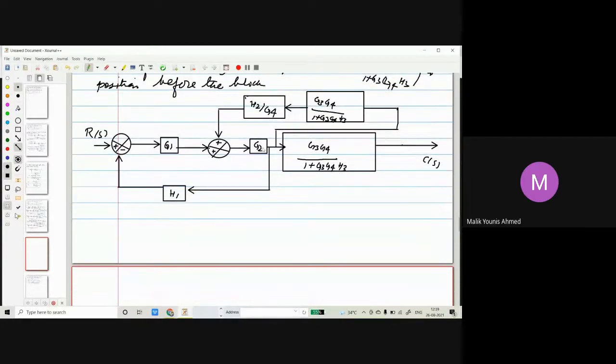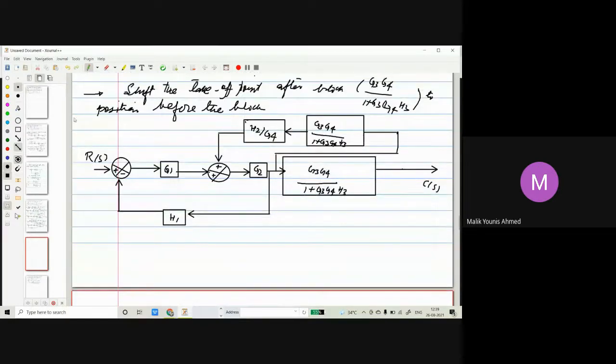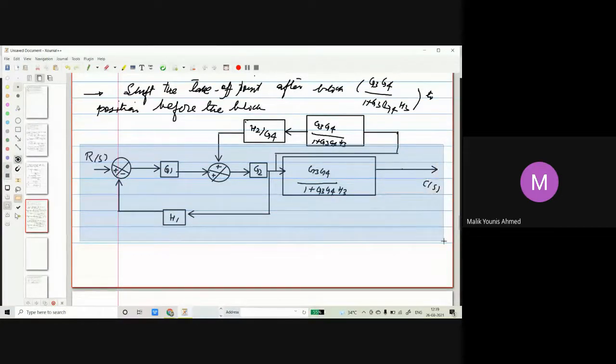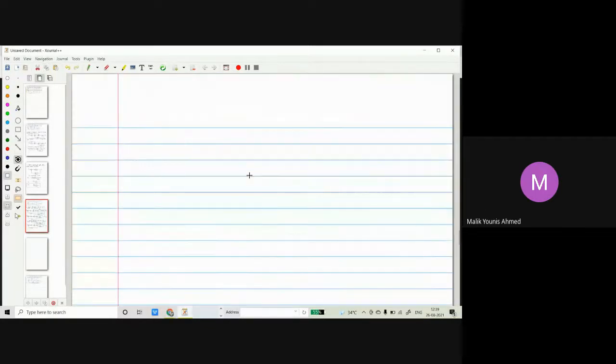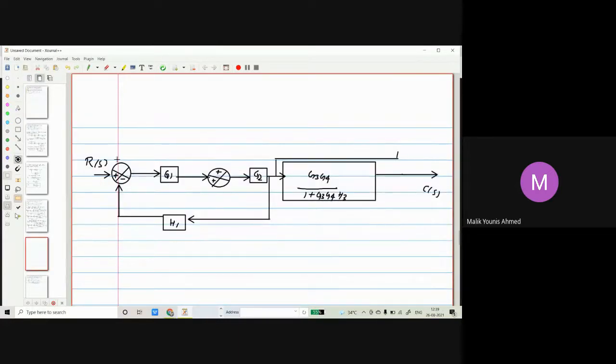So let us get this. I will copy a portion of this. Let me copy this portion. Copy. And I can paste it here. Okay, so what I have to do is make amendments here. G1 will remain as it is. I have no problem for this one. Okay. So here,